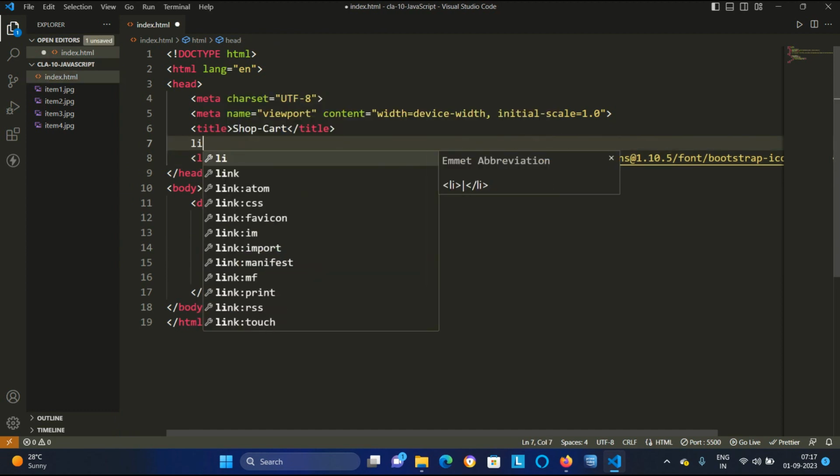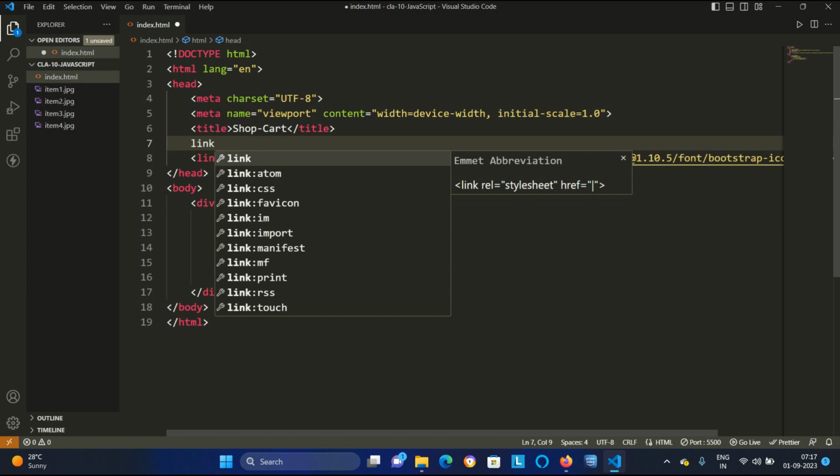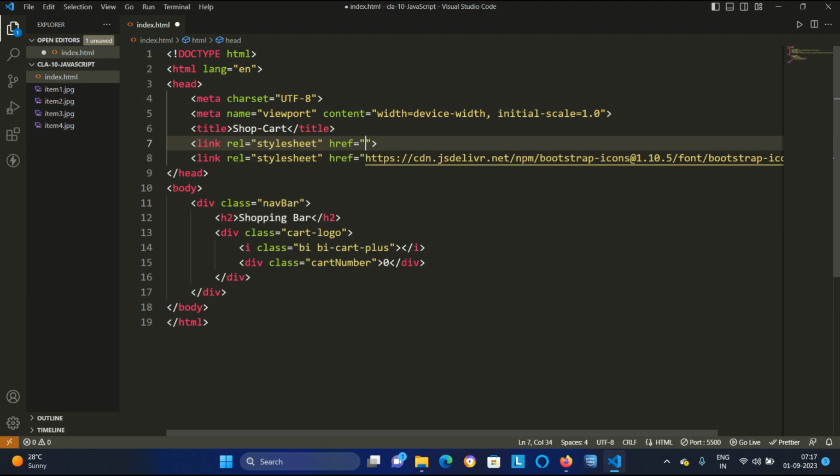You just type link and hit enter. A link will get generated whose href you can set according to your path. I will make it style.css and press Control S to save it.